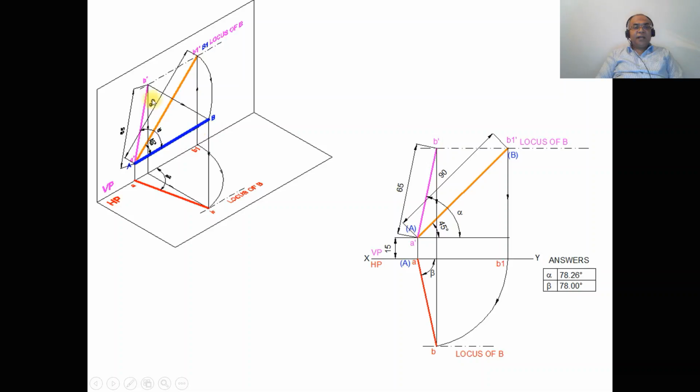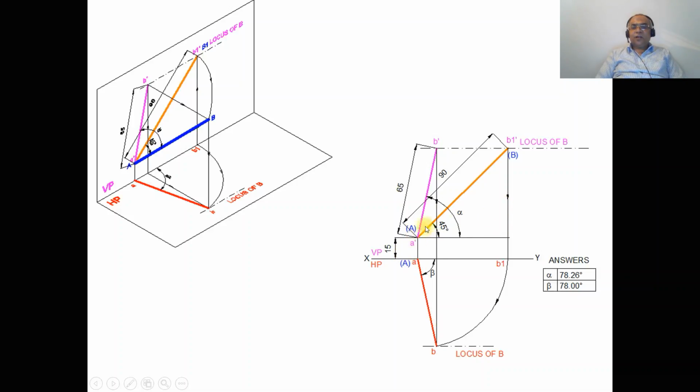So when this projection is done, then only you will get this line. But as we are rotating this in space, that rotation takes place here. So in other words, till you get this point, you will not be able to get the line in space. So we are rotating in space such that the image of this B1 touches the end projector line of B here. So you are going to get small ab with a dot line. So that is what we have shown here in the orthographic view. We have drawn the true length in the front view and also the front view line. We got it.